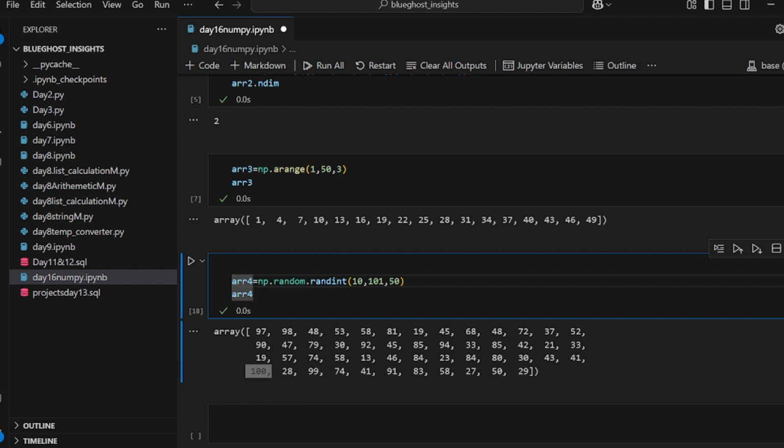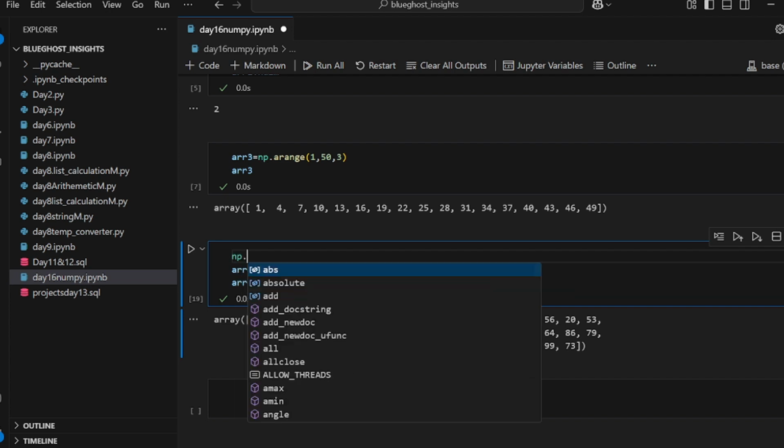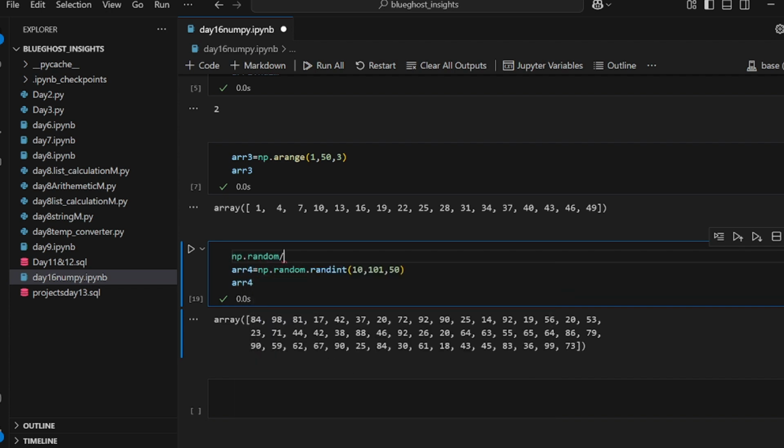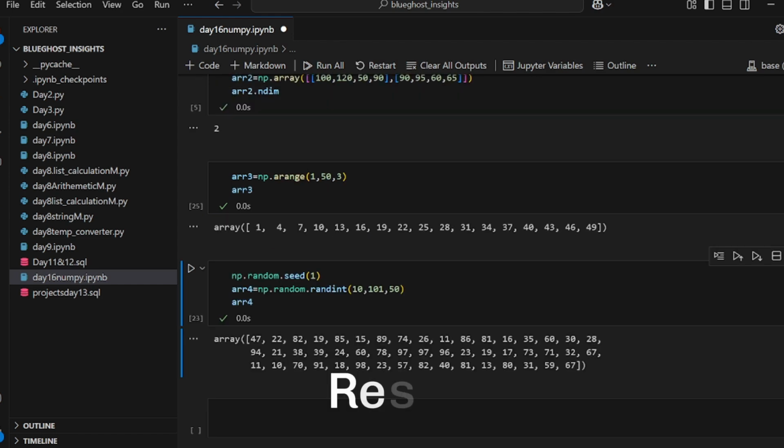Okay, so what if I don't want to be seeing these numbers changing over and over? I just want it to be stagnant, at one place. What can I do? That is where I'm going to use something inside the NumPy toolkit, known as seed. So I'll say np.random.seed, and inside of it I'll add 1. So if I add 1 and run it, no matter how many times I run it, it still gives me exactly the same numbers. But before, you can see when I keep running it, it keeps changing. Another thing NumPy has is reshape. So let's say this random number, instead of 50 places, I want it to be in 100.